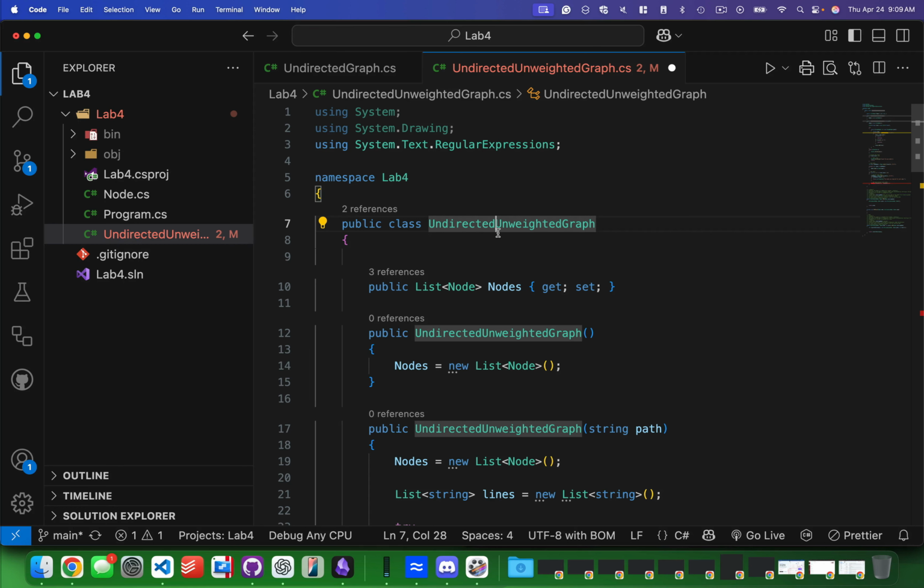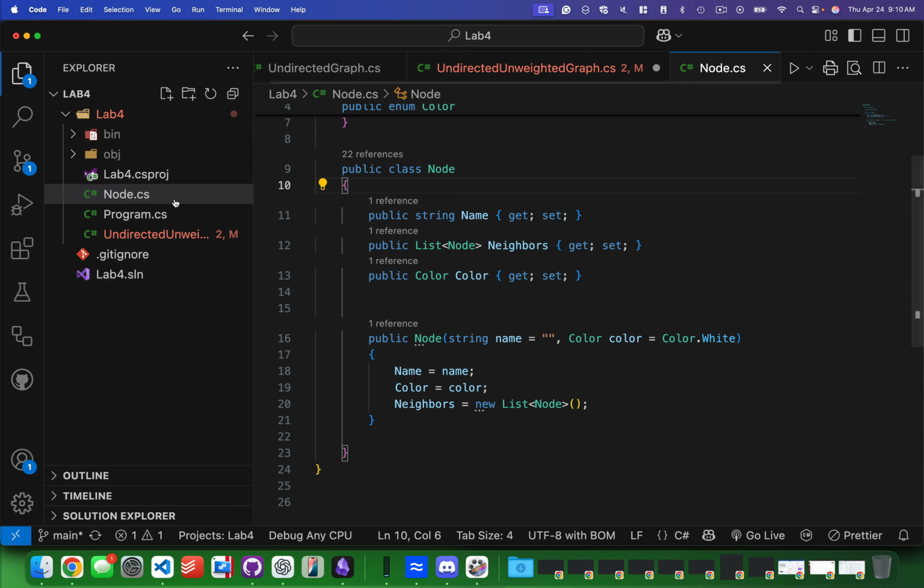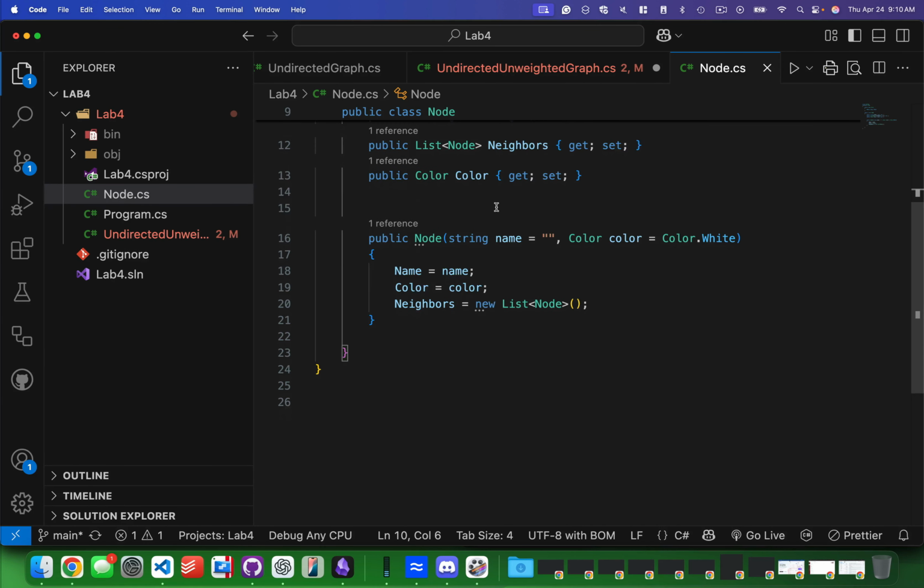So we're starting with the simplest case. So remember what an undirected graph is. That's a graph where if A is connected to B, then B is connected to A. And it's unweighted, which means there's no number on the link. Okay? So really I need to start here at the node class. In this node class,